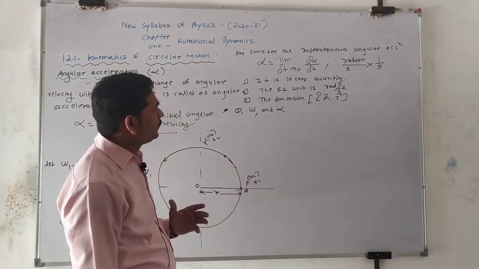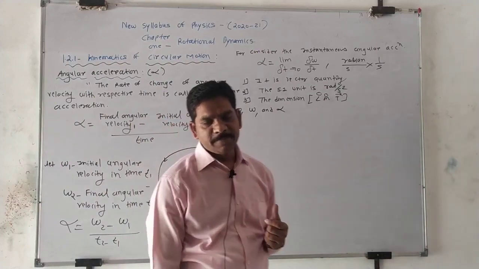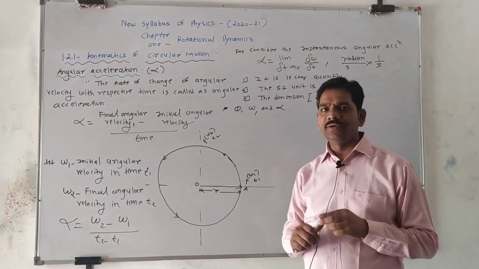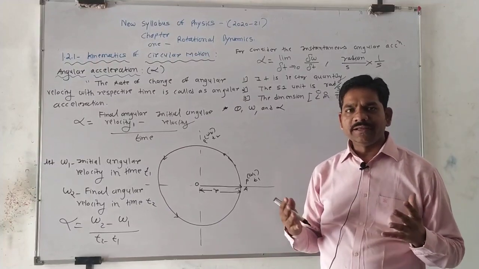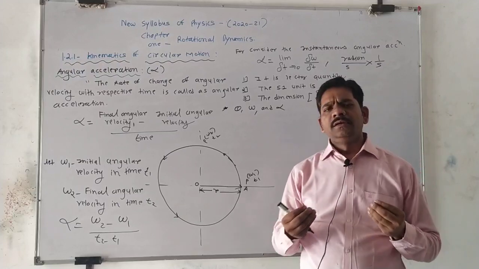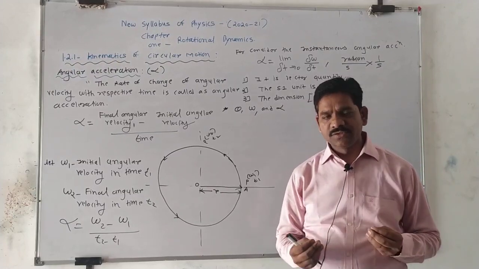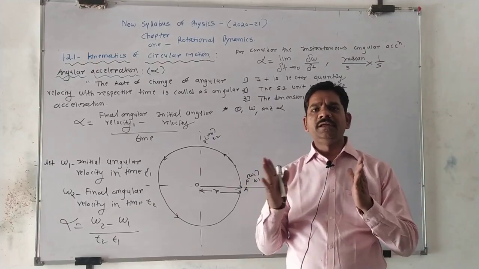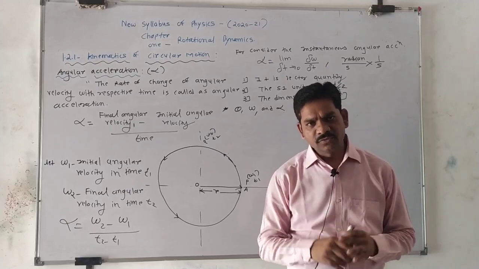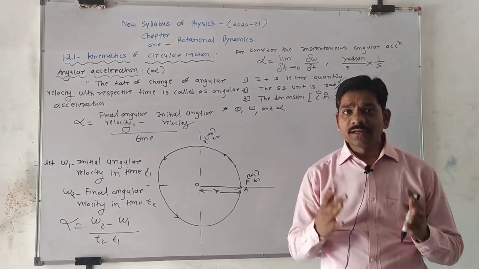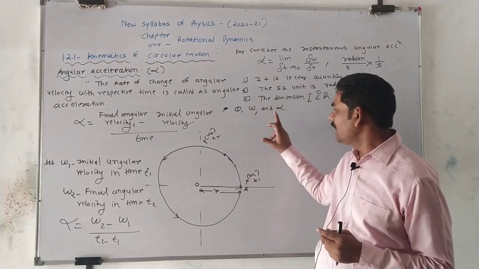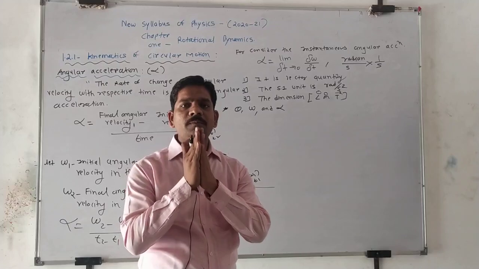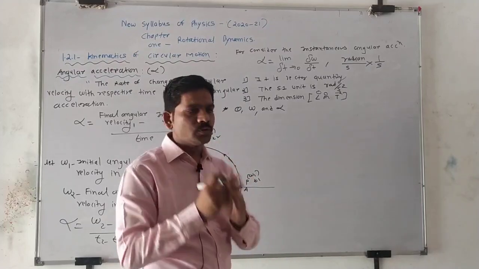But every time I use the word, it is a vector quantity, right? Vector quantity means it has a magnitude and direction. We know the magnitude, for example 10 radian per second square acceleration, or 10 degree angular displacement, or 50 radian per second velocity. These are the magnitudes. But how to determine the direction of theta, omega and alpha? All these directions are determined by the use of the right hand rule or right handed screw rule.